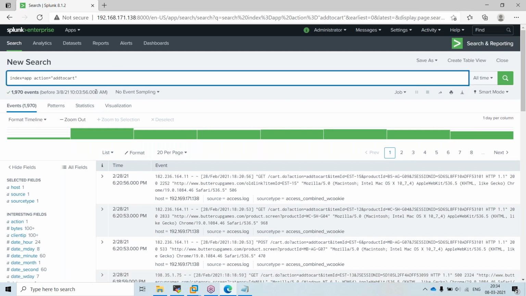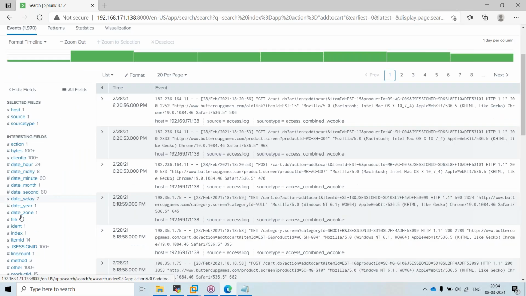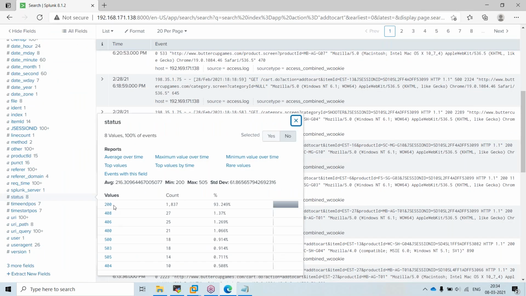I want to know the events, the items which are successful and which are added to cart. Here there is something like status. In my status, there is 200, 408, 406, 400, 500, and many others.